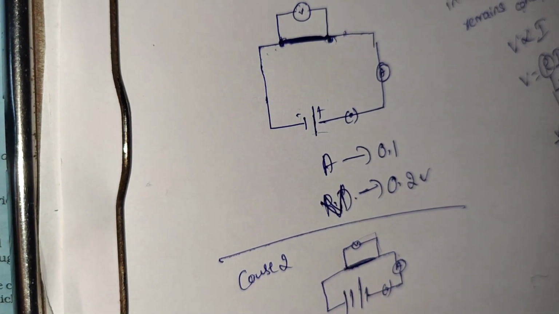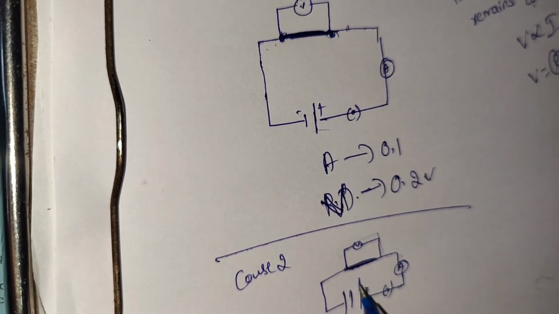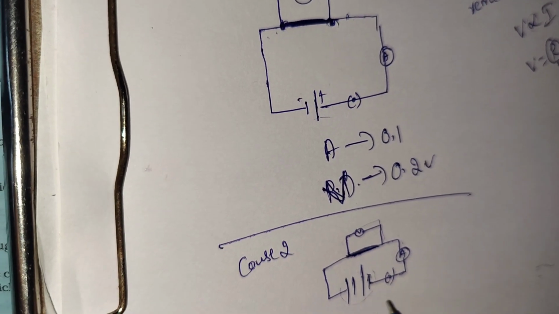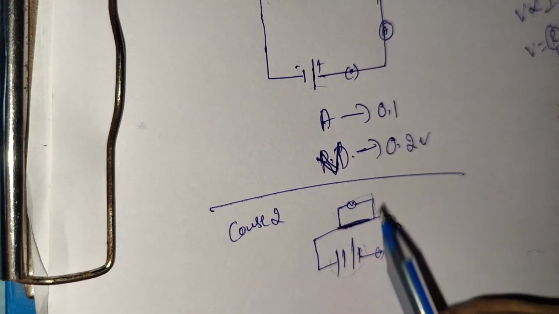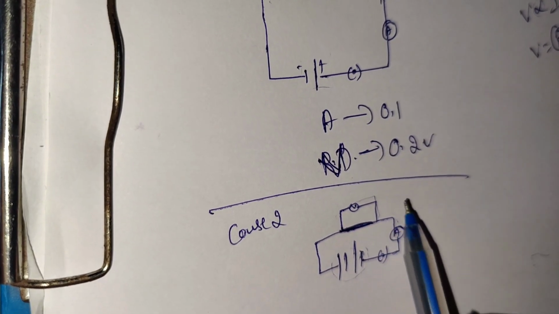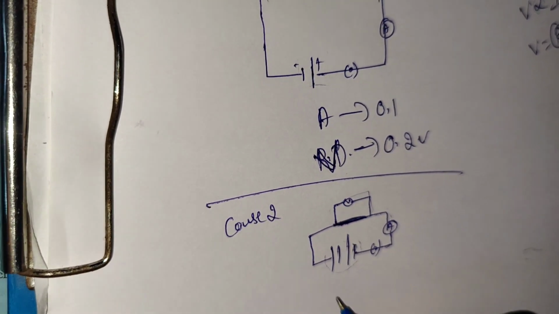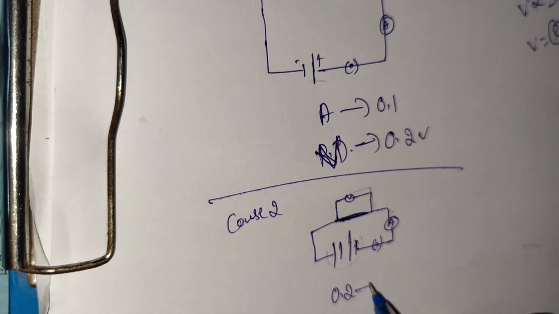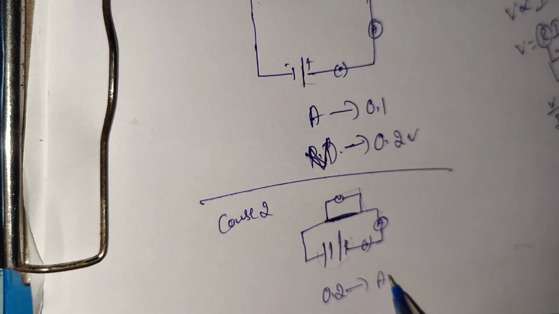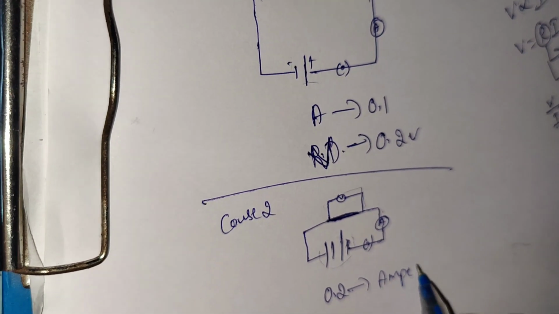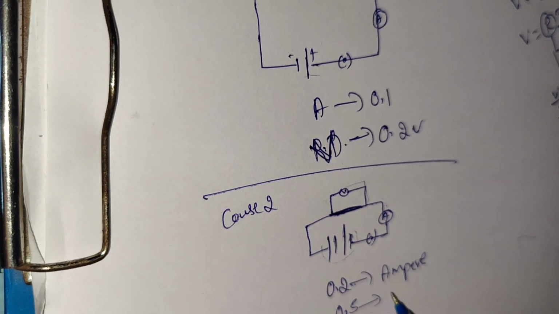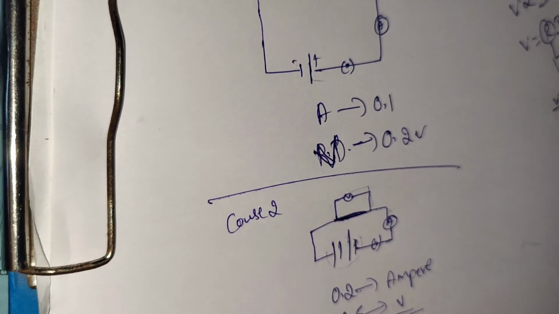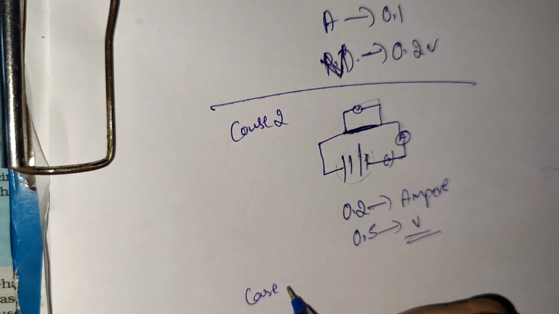Here, if there are two batteries, it means more power, no? So more current will be produced, and more potential difference will also be produced. 0.2 ampere of current and 2 ampere of current, and this one may have a potential difference of 0.5 volts. Okay, in case 3, let us consider